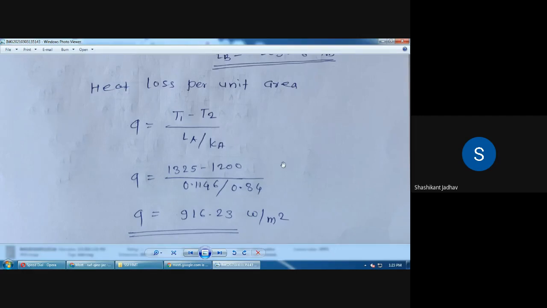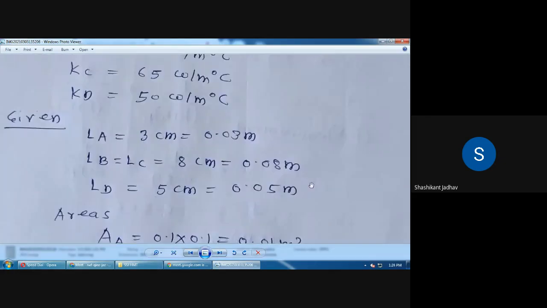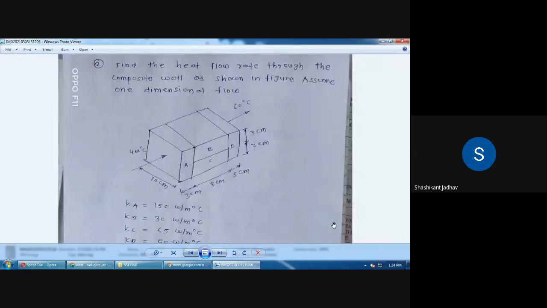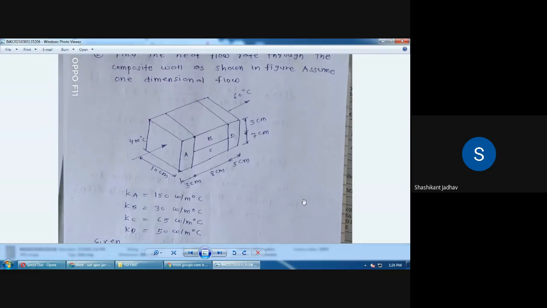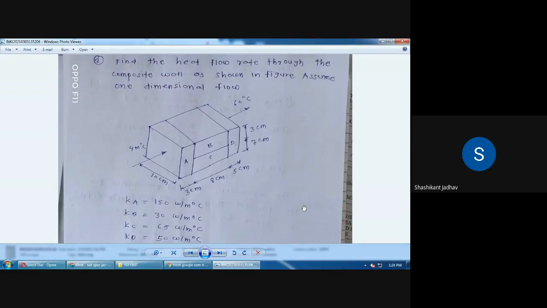Okay. So this is the second problem. Now I have to go for the third problem. So all of you write down this third problem. Okay. So write down. Actually, this is the third problem. I have written there second. We have to write down the third problem.